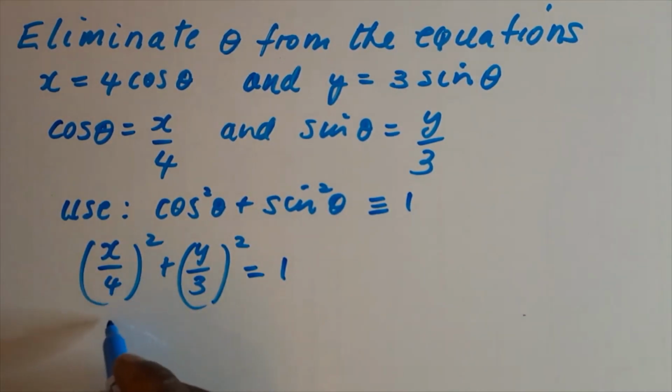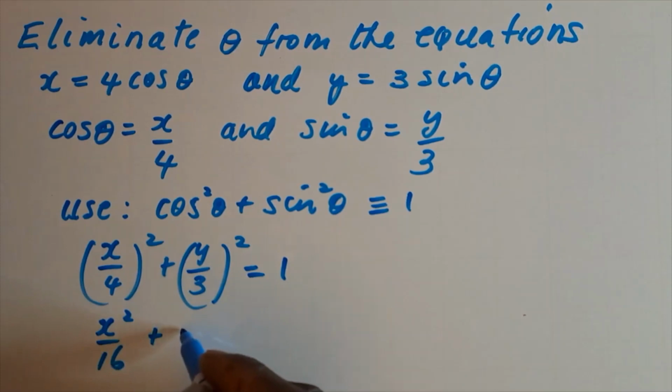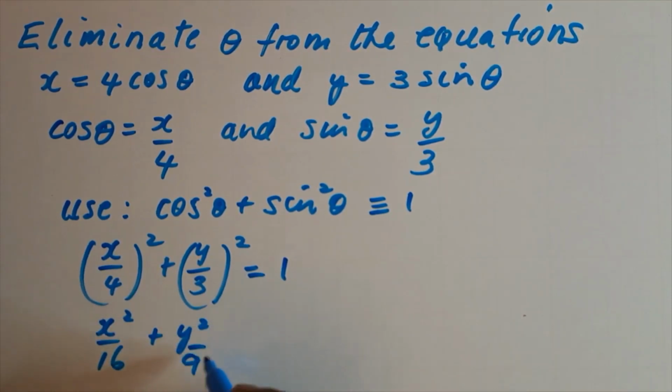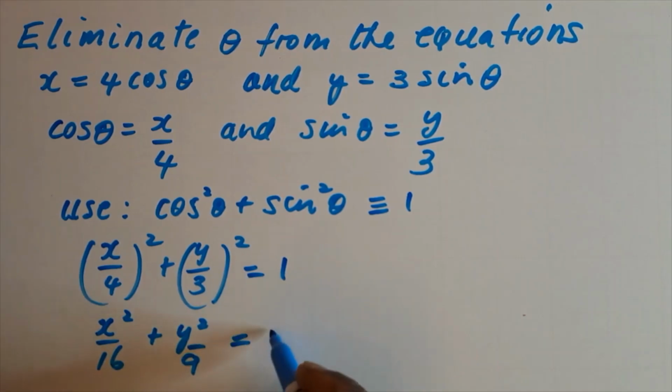Now this will give us x squared over 16 and y squared over 9 is equal to 1,